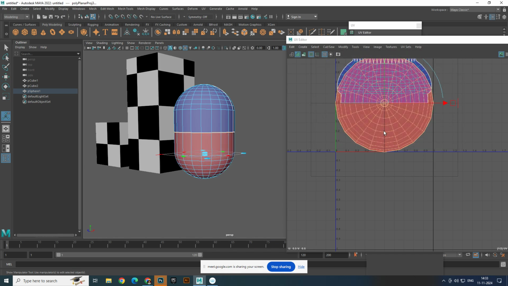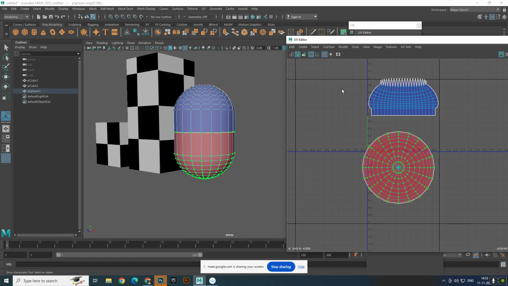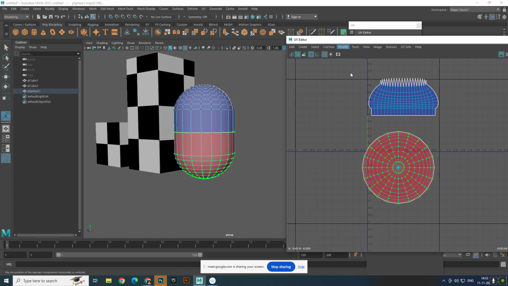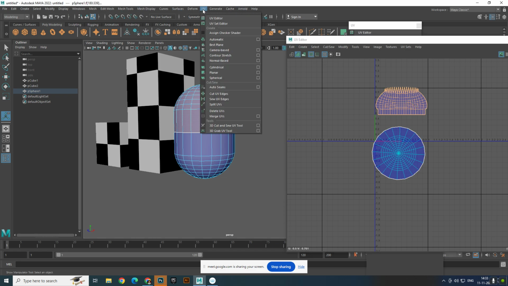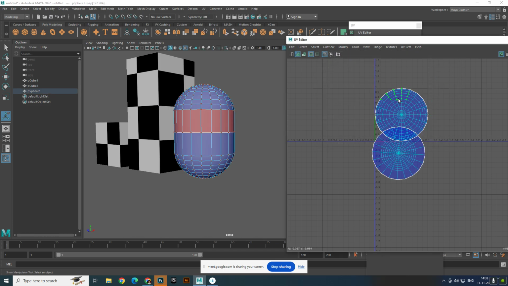Down the y-axis, it is coming as red. You just have to select the UVs, flip the UV and unfold it. Unfold. Same thing. What should I do? Y-axis, planar, y-axis, apply, bring it here a little bit out,